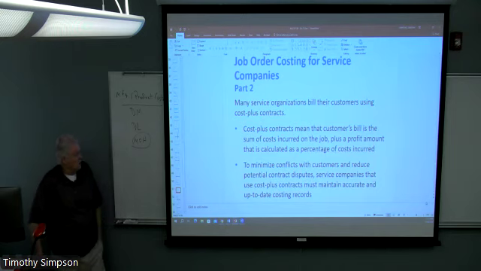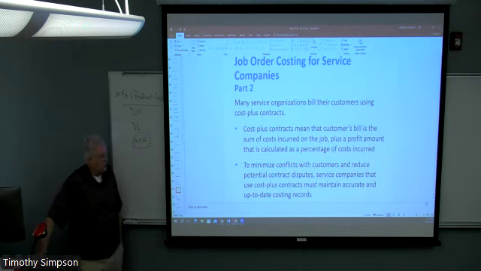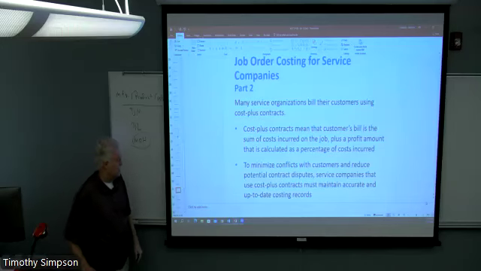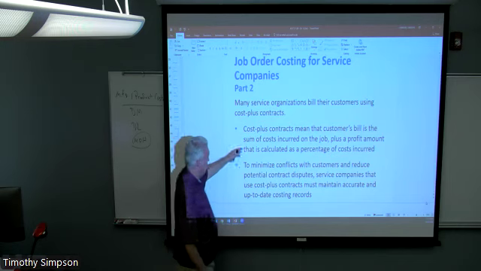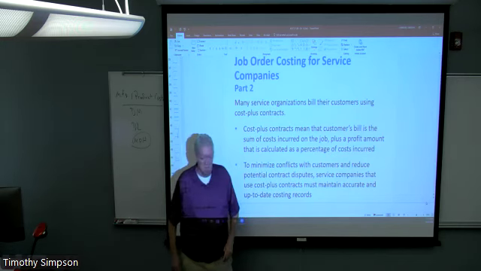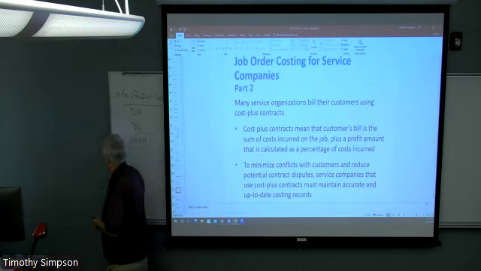And cost plus basically means that there's an agreement ahead of time that says, whatever it costs you, the seller, to produce the product or make the service, you can mark it up by a certain percentage. And that certain percentage is the profit. We have agreed on that. And that's what a cost plus situation is.